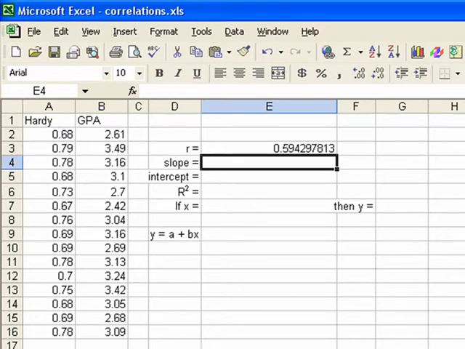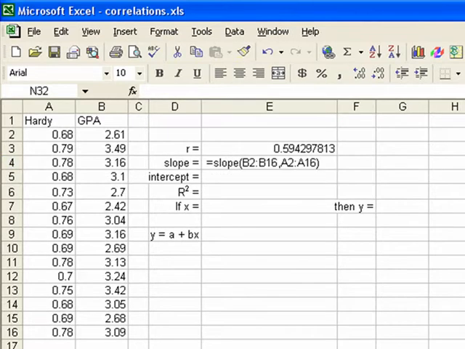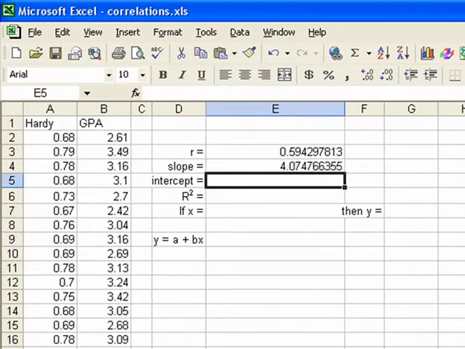Slope is even easier because we do it exactly the same way we did our R, except we replace the correl with the word slope. So our magic word is slope. We just type in equal sign, slope, parenthesis B2 colon B16, comma A2 colon A16, and close parenthesis. Then when we hit enter, we'll find our slope is